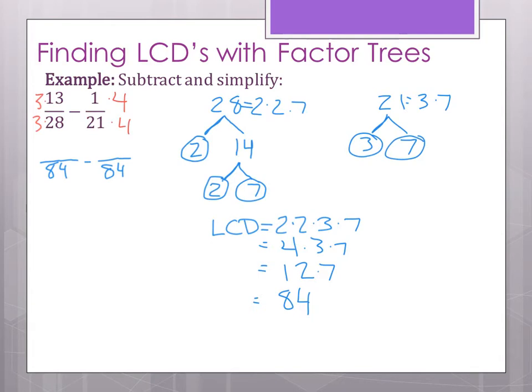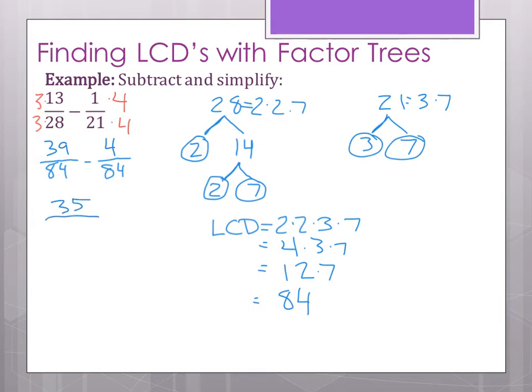Now, I'll go ahead and do that multiplication. 13 times 3 will give me 39 on the top, and the 3 times 28 we know will give us 84. Second fraction, 1 times 4 is 4. And then 21 times 4 will give me the 84, and you're welcome to check that if you like. So now I can subtract these. 39 minus 4 will give me 35,